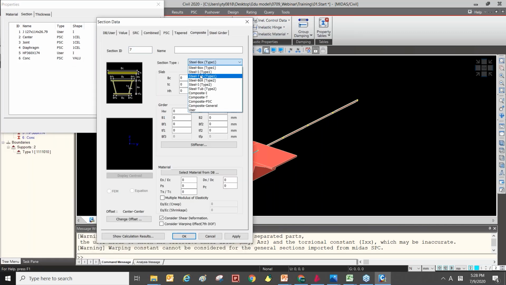So that is the big difference between type 1 and type 2. If you have analysis only, you can use both of them freely.